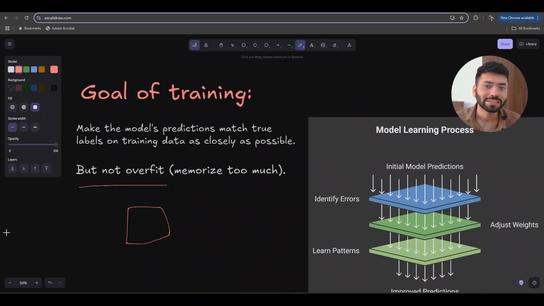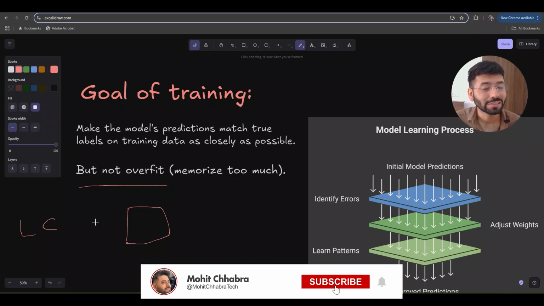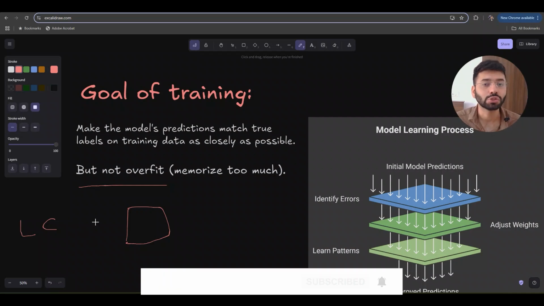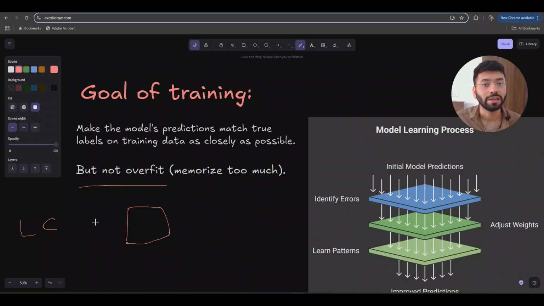predict or take decisions for new data. It is similar to, for example, on LeetCode you are solving a few of the problems. Instead of memorizing, what you want to do is learn the patterns, understand the fundamentals and logic, so that if in an interview you are asked a question, you can use those patterns and learnings to solve this problem. Because generally in the interview you are not given the same question, there is some new element or trick added to the question, so your logic and fundamentals should be good enough that you can also solve some new problem. Similarly for a model, it should not memorize all the stuff, it should basically learn the pattern so that it can predict for any new data as well.